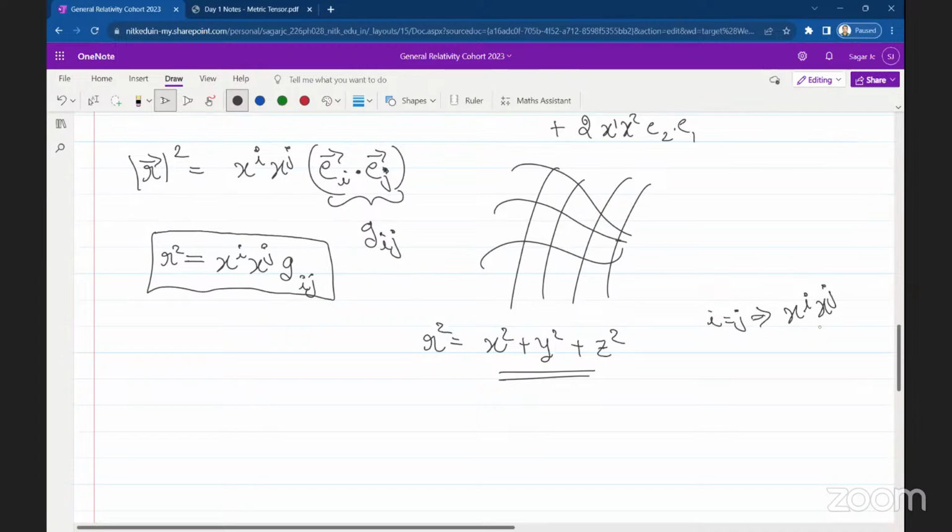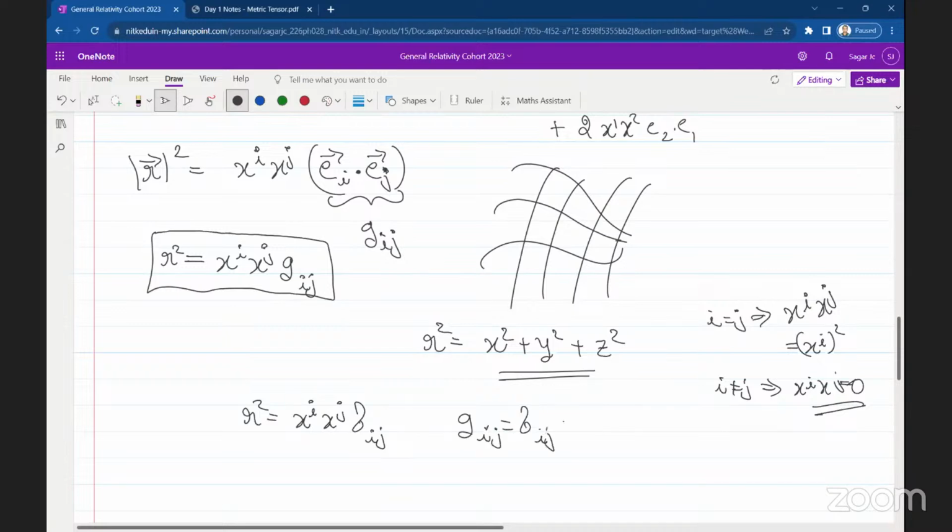So it implies it will be equal to xi square, right? But if i is not equal to j, xi xj will be 0. So this quantity, you all should be familiar, is called the Kronecker delta. We can relate this to the Kronecker delta, where I can write r square equal to xi xj delta ij, where gij equal to